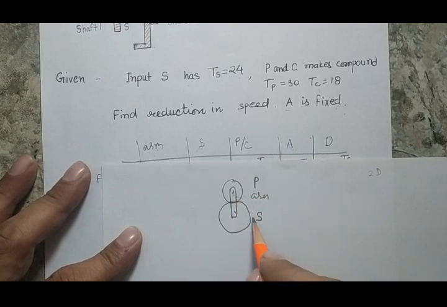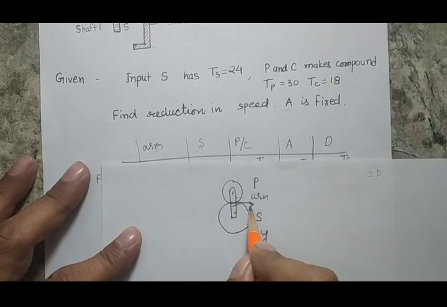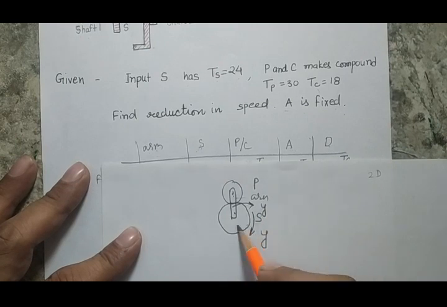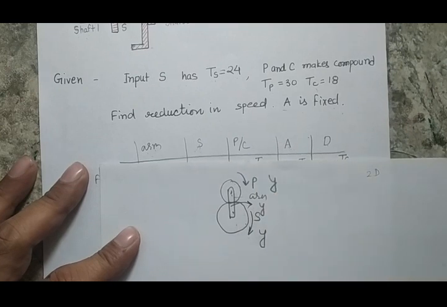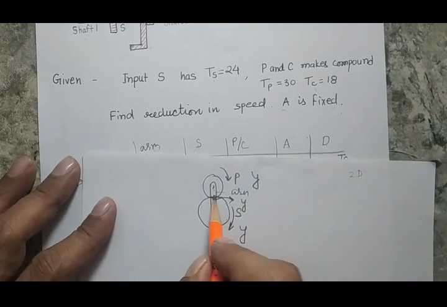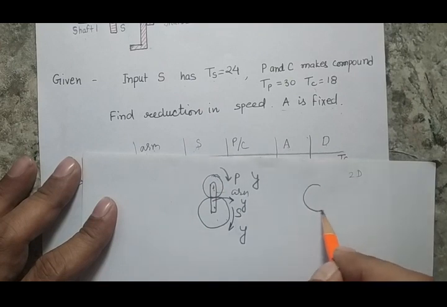Now if I free gear S as well as this arm, and I rotate my gear S in the clockwise sense with a rotation Y, as well as giving a rotation to my arm that is also Y, then P will also rotate, and the rotation of P will be Y here. Now how is it happening? You just understand that